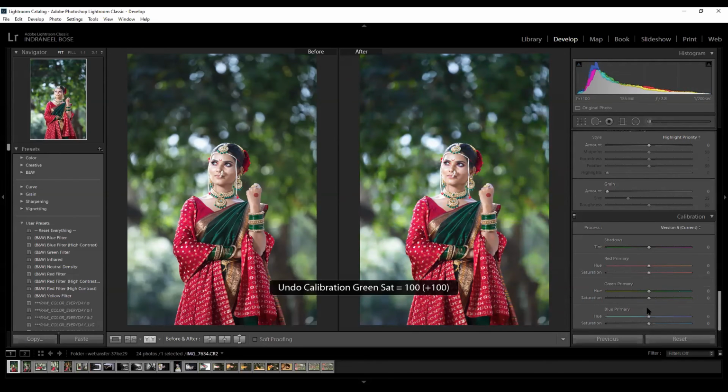Now with the blues, what happens? It will try to mix the colors very strongly with the blues. See. So basically in calibration, the first part is the shadow part.